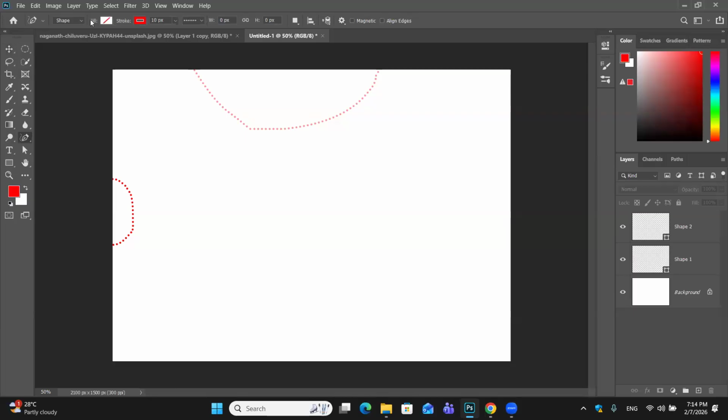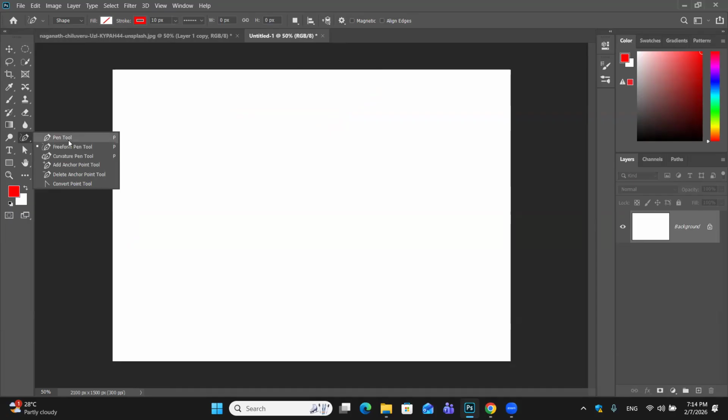So this is very small free form, like pencil, and same here, features are same, stroke, fill, everything is done. So here more. I hope you understand the pen tool. In pen tool, there are path and shape. Freehand design tool, free form pen tool means you can freely design like pencil we use. Here we have three more tools: curvature pen tool, add anchor point, delete anchor point, and convert anchor point tool. For example,